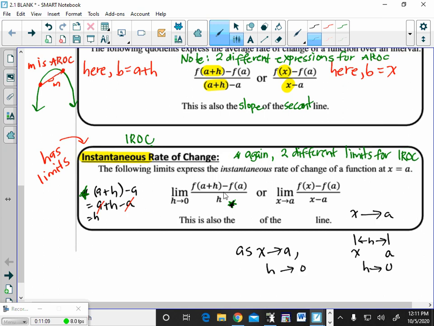So our denominators represent the same thing with these limits. h approaches 0, there's h, this denominator is approaching 0. If x gets close to a, this x minus a gets smaller and smaller, so it's approaching 0. The difference between these is h